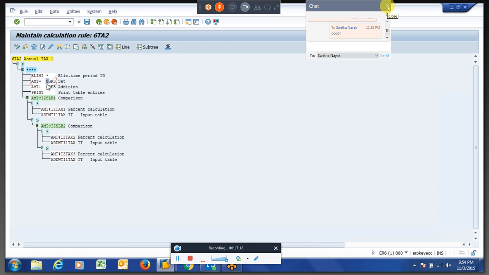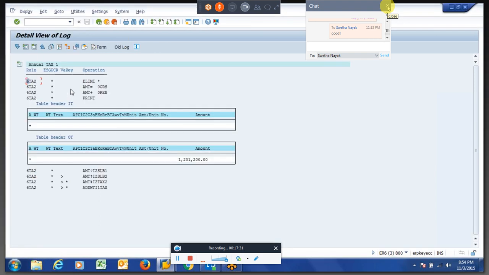So that is the reason in the previous PCR, when I am calculating 0 REB, there itself I am putting an eliminate star.